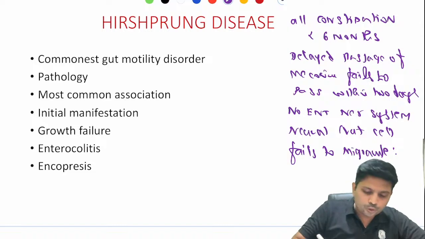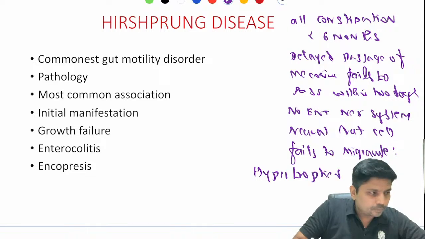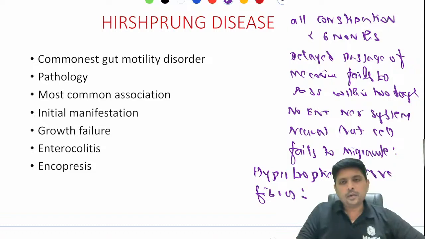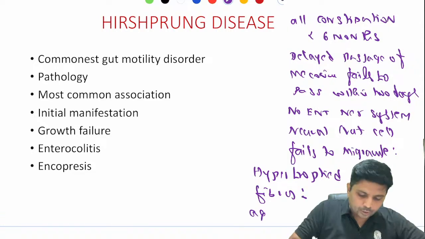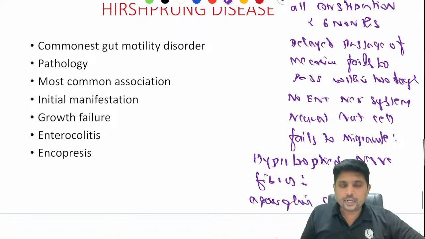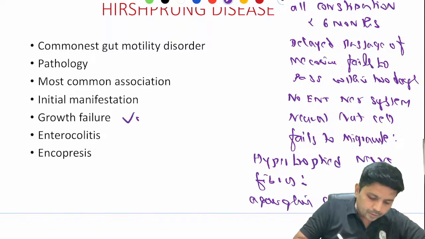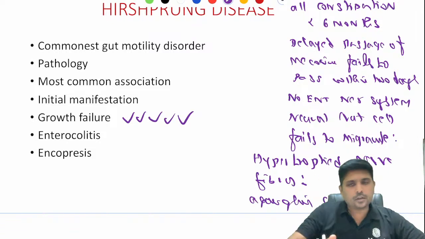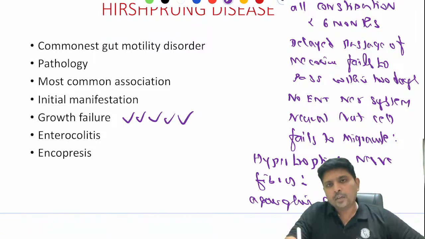The pathology is usually hypertrophied nerve fibers and aganglionic cells in the intestinal biopsy. Remember, this is often associated with growth failure, whereas functional constipation, which occurs as a result of